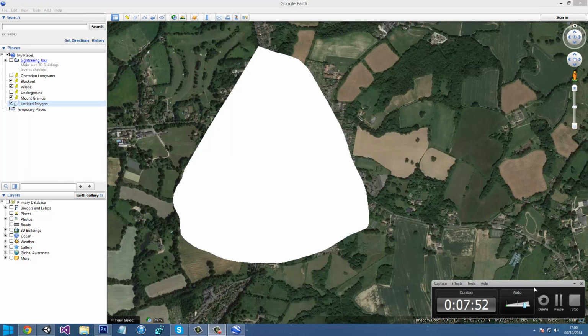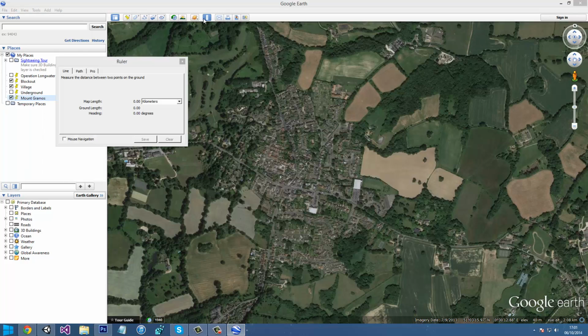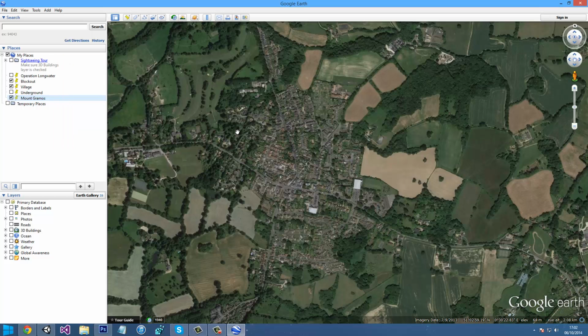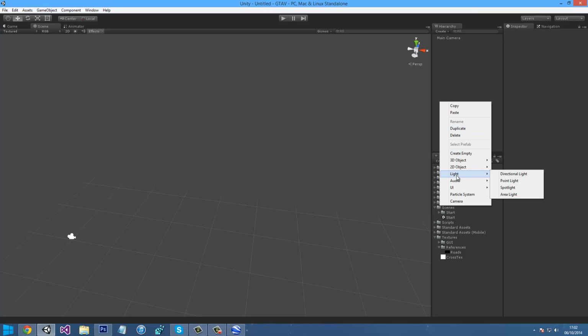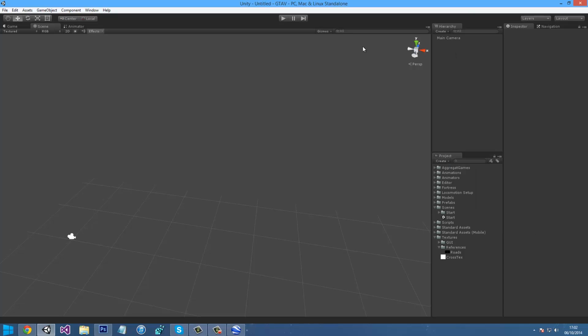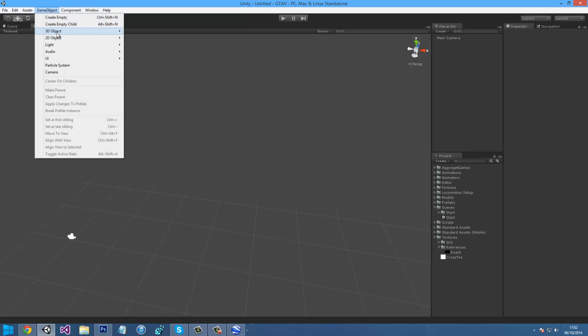Okay, hold on. To work out the distance, you go up to the ruler and just go from the point you're starting to the point you're ending, which is sort of there-ish, which is about 0.78 kilometers. So that would be 780 meters. That's quite a big plane. Right, so that means we need to go game object, 3D object, or it might be create other view,